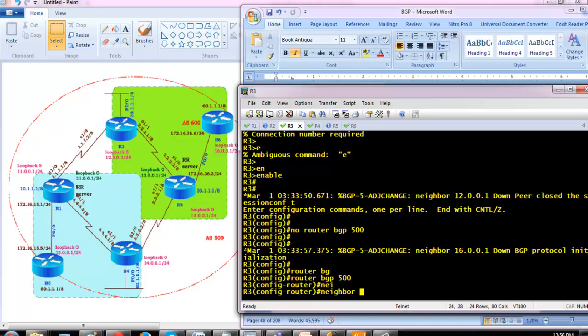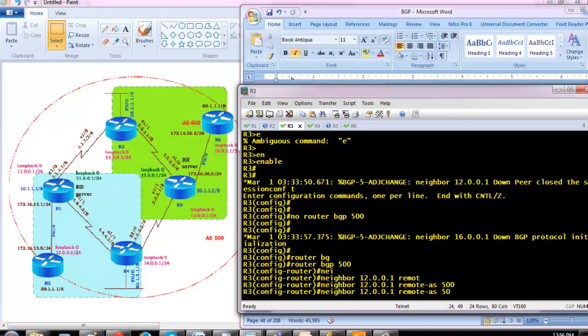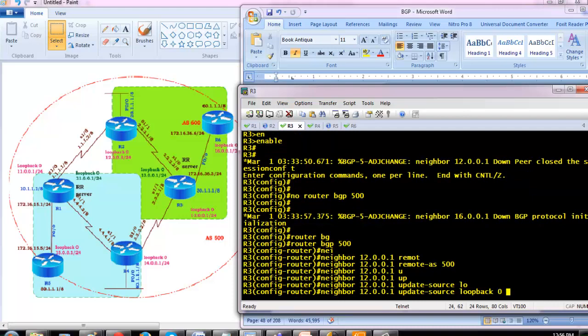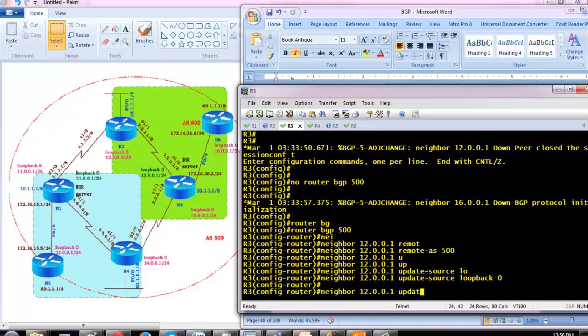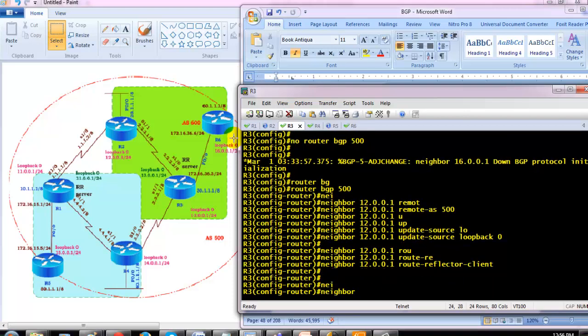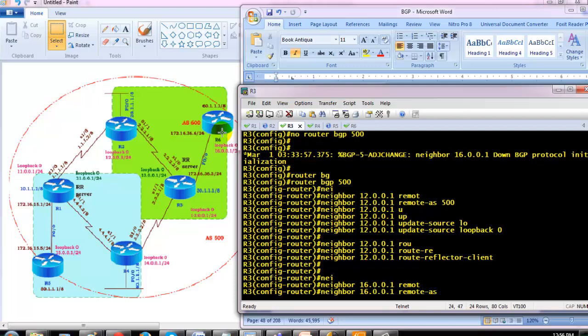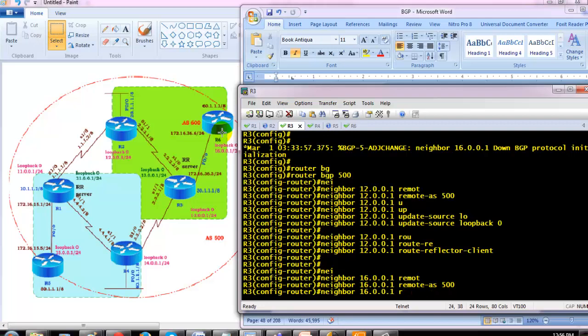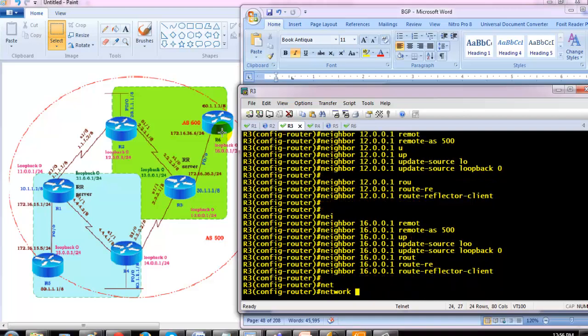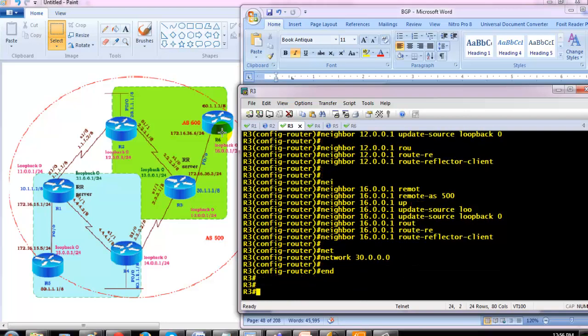Router BGP 500, neighbor 12.0.0.1, which is router 2, remote AS 500, update source loopback 0, and then route reflector client. Similarly, I have to pair with another client, router 6, which is 16.0.0.1, remote AS 500, update source loopback 0, and finally route reflector client, and advertise the network command, that is the 30 network.